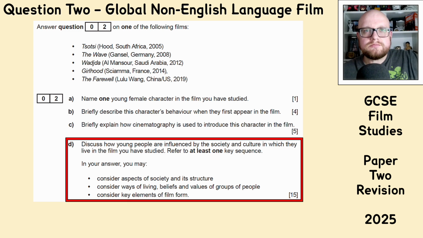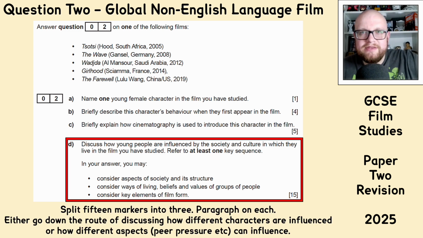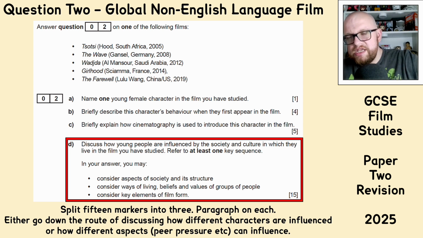So when we look at the 15 marker, discuss how young people are influenced by the society and culture in which they live in the film that you have studied. Now, this was very interesting, because again, it's splitting the 15 marks into 3. It's giving a paragraph on each. I would either go down the route of discussing how characters are influenced, or how different aspects of society can influence. So thinking about things like peer pressure, this idea of nature versus nurture, that ultimately,